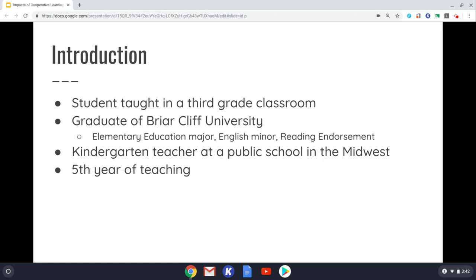Some of the responsibilities I have as a kindergarten teacher in my position at my school building are to co-teach in writing, develop lesson plans for whole and small groups, utilize formative and summative assessment data to group students, and I have mentored practicum students as well as a student teacher.